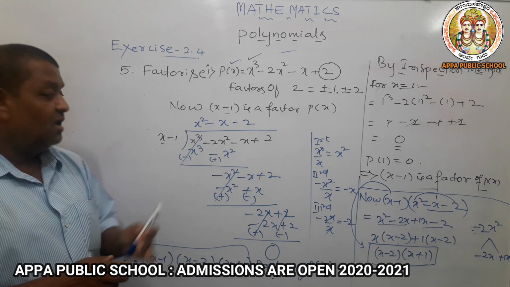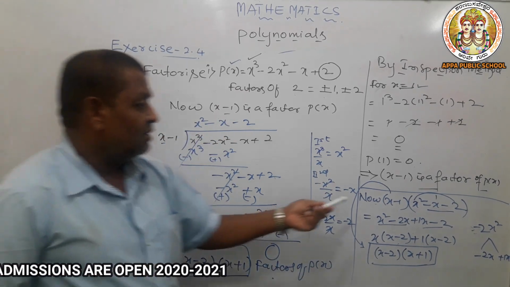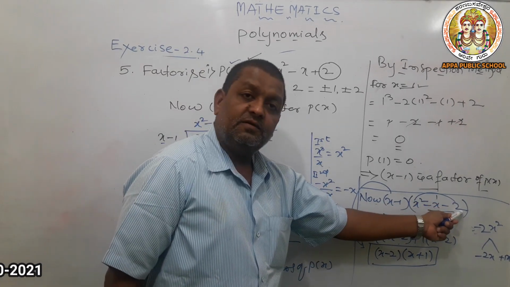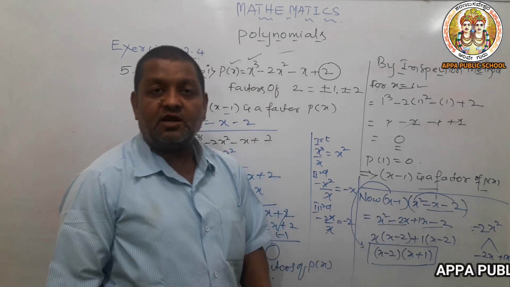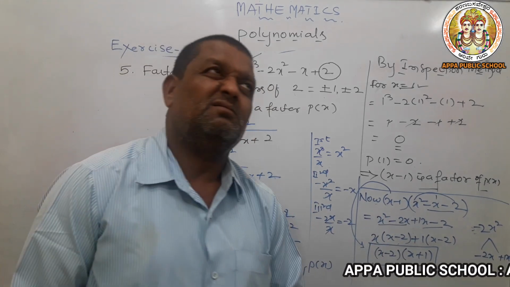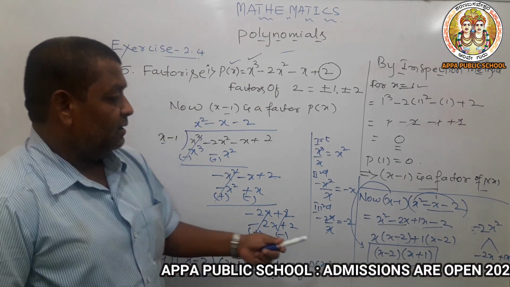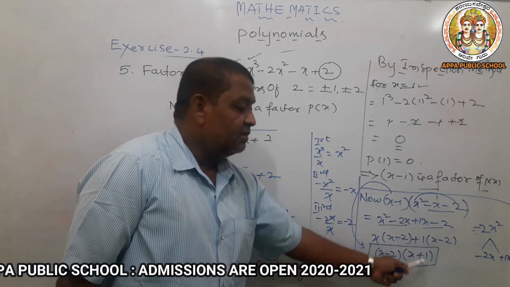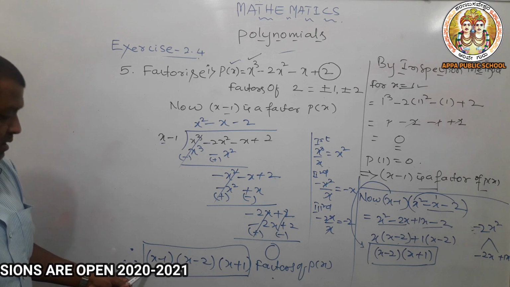One more factor, but it is a trinomial. We need to split. So once again you already know how to split a trinomial. Take the product of first and last and split the middle term. This you already know from 8th standard also. Here also we studied it many times in exercise 2.3 and 2.4. So by removing the common terms of both pairs, we got another 2 factors. Totally, write the answer.